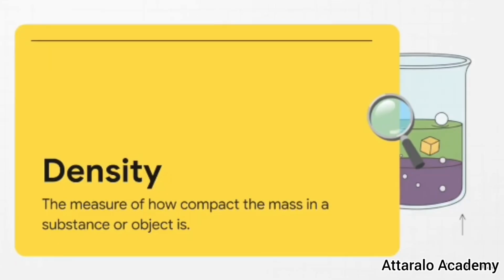All right, so the absolute crucial concept here is density. Density is basically the measure of how compact the mass in a substance or object is. It's the invisible referee deciding the fate of our eggs. To really wrap your head around this, think about packing a suitcase. The suitcase itself represents a fixed volume, right? If you loosely fold a few t-shirts and drop them in, it has low mass in that space, and therefore it has low density. But if you take that exact same suitcase and cram in 5 heavy textbooks and a week's worth of winter coats, well, you haven't changed the volume, but you have massively increased the mass. You've